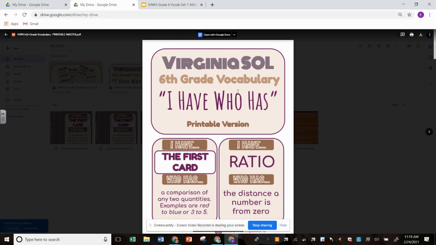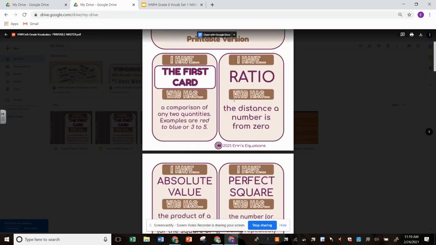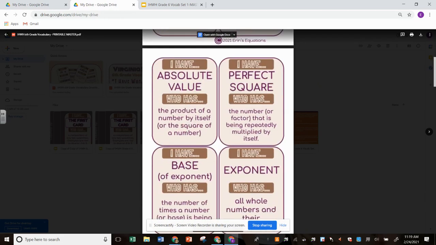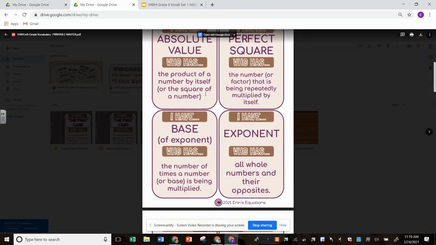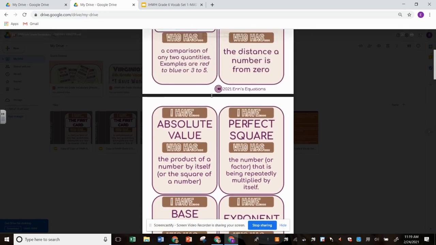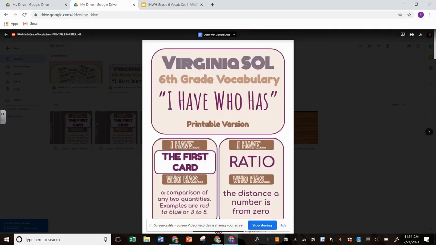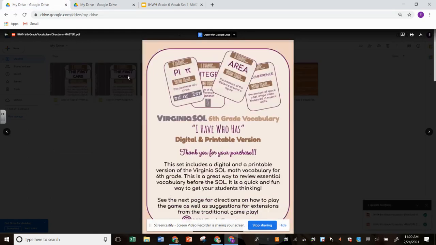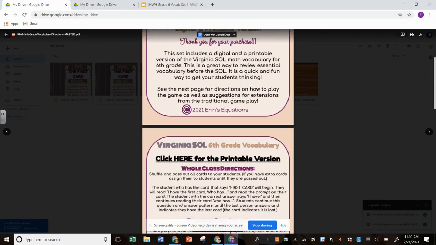In this set, your IHWH printed version looks like this. So you have 28 cards. There are 4 to a page. So you just print them, and you can cut them and pass them out. You could laminate them if you can use them more than once, or you could make them single use and you throw them away. But this is what the printable version looks like. Now let's move on and talk about the